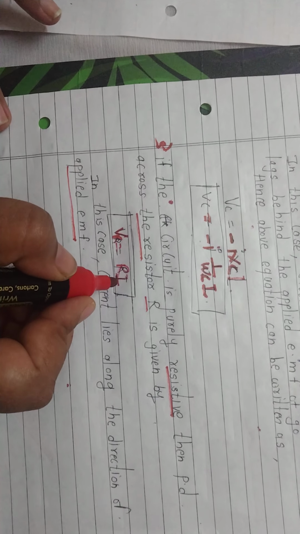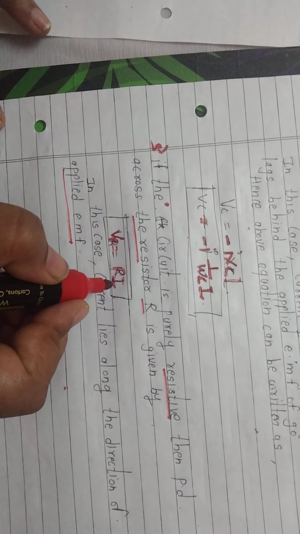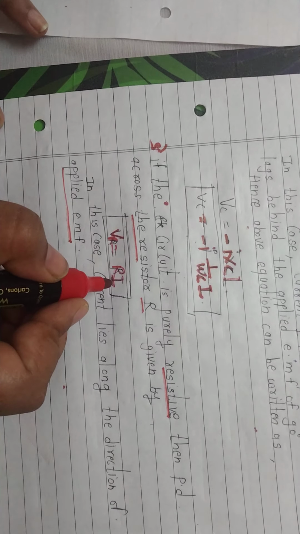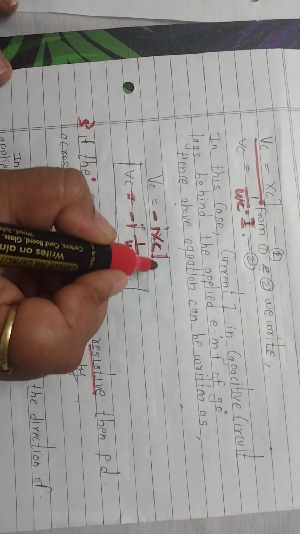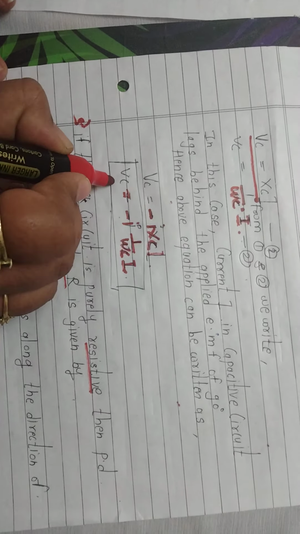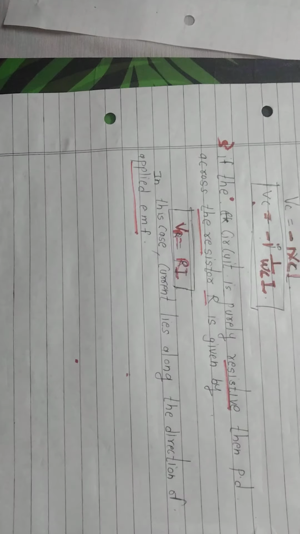Let us see the reactance first. The reactance of a capacitor XC is given by XC equals 1 by omega C, and VC is equal to minus i XC I, which is minus i 1 by omega C into I. Third is the resistor: VR is equal to R I, and for the inductor, VL is equal to i omega L into I.